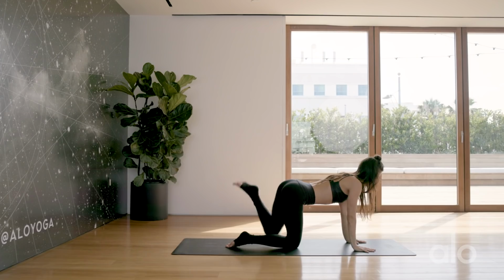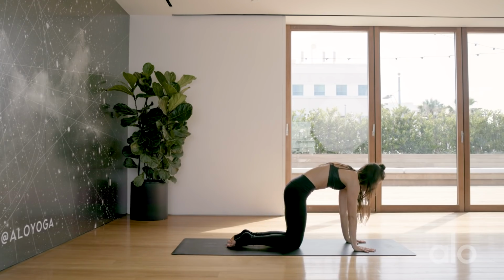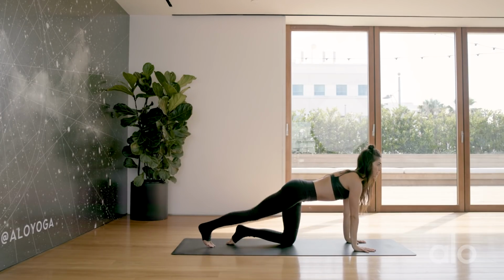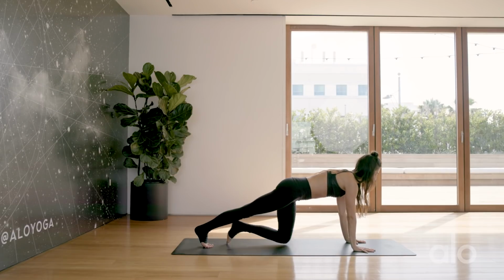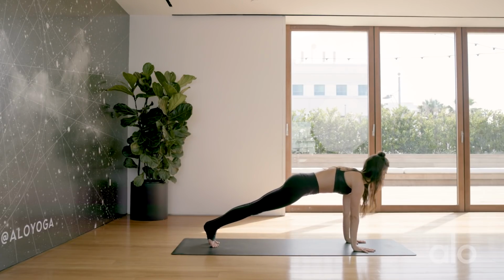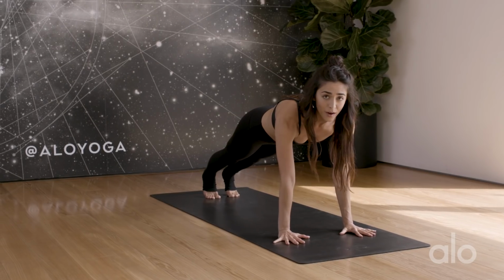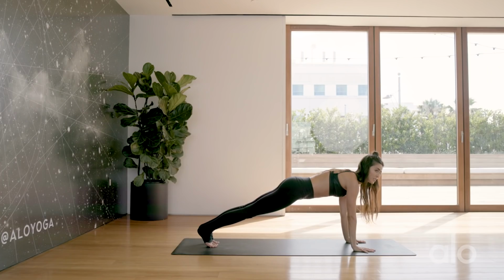Exhale, hand and knee set down, round into cat pose, chin to chest. And now come back to neutral. We're going to expand the legs back into plank pose. So finding our plank here, really pulling the belly in again, reaching the heels back, and then spin the biceps forward. Now, without moving the body, you're going to act as if you could slide the hands to meet the feet and the feet to meet the hands. So you're finding this movement and energy happen in the body without actually moving it,